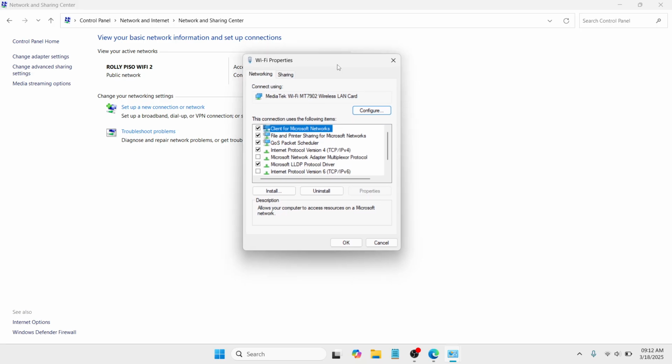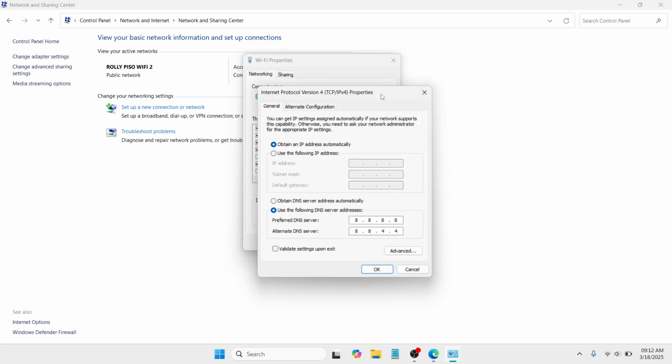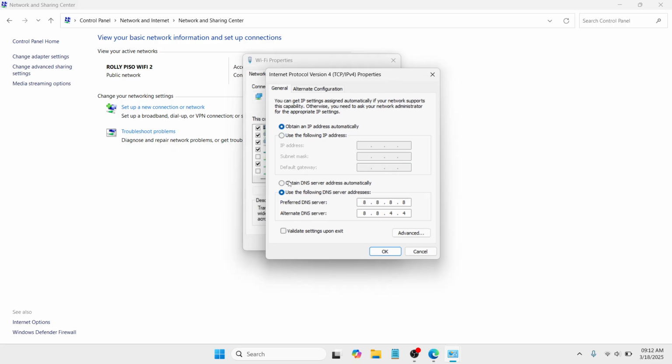In this window, you need to look for Internet Protocol Version 4. The moment you have selected it, please click on Properties. Here you need to change the default into Use the following DNS server addresses. If in your case it is set to Obtain DNS server address automatically, set it into Use the following DNS server addresses so that you would be able to modify and set the preferred and alternate DNS server. Here you need to set the Cloudflare DNS, which is